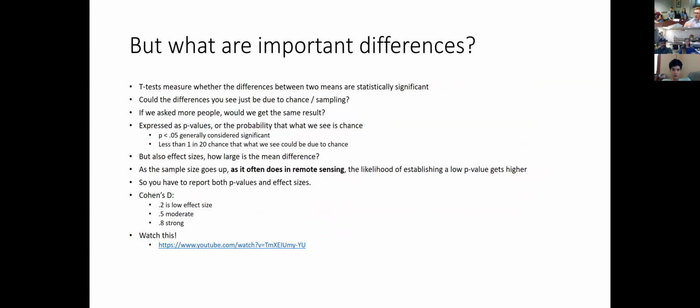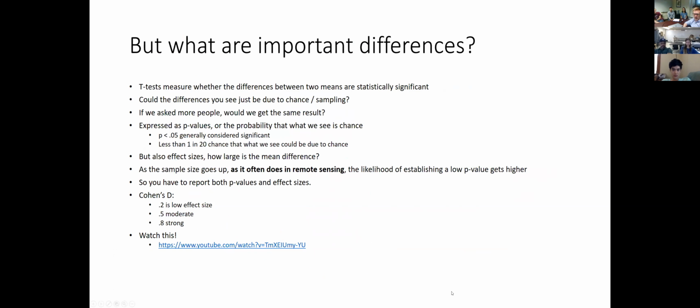things like, what is the effect size? The effect size is essentially a standard measure of the difference in means divided by the standard deviation. If you know what z-scores are, it's essentially like a z-score for differences in mean. There are some standard interpretations of what's a strong effect and what's a medium effect. The measurement that we're using is Cohen's d, which is a measure of effect size. There are other measures of effect size that are useful, but Cohen's d says that 0.2 is a low effect, 0.5 is moderate, and 0.8 is strong. And Hannah found a great video going over that.